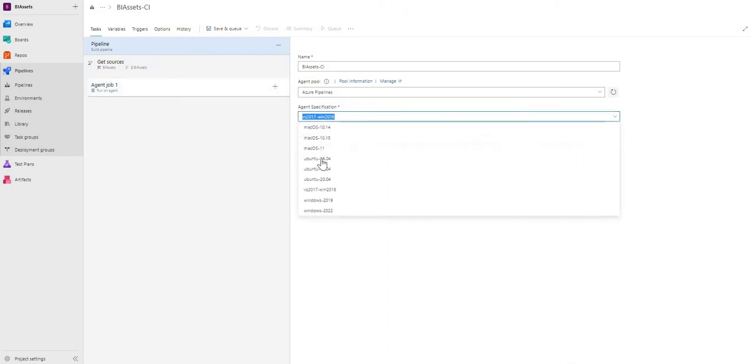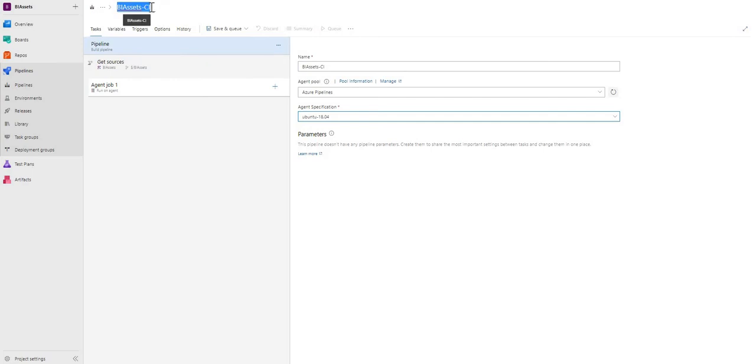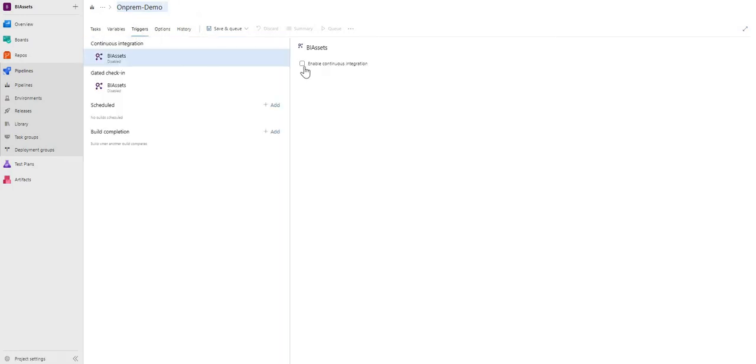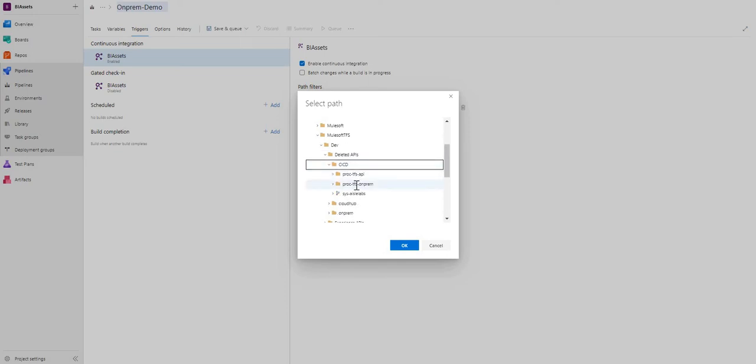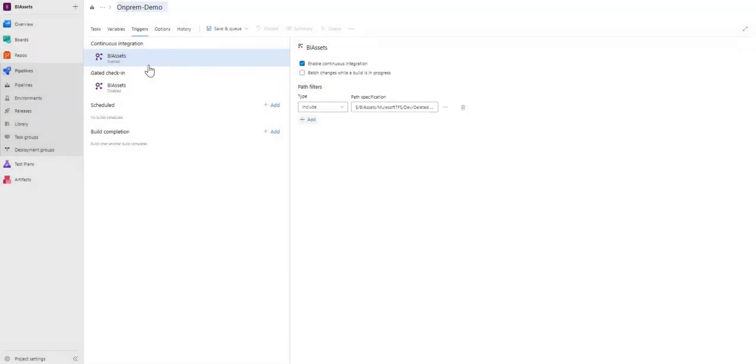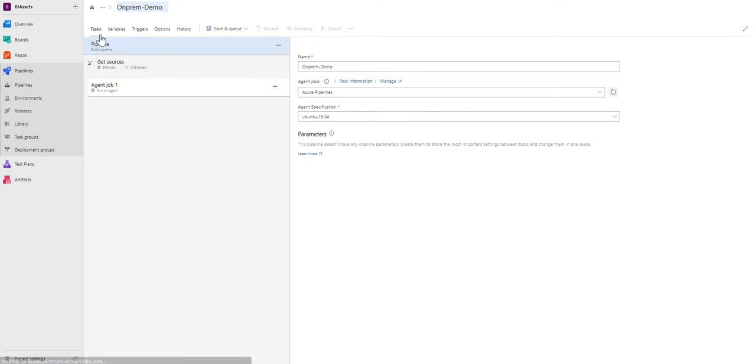Let's specify the agent specification. Give it a name. Let's quickly set the CI trigger. So we are interested only in this API here for it to trigger. Done. Going back to tasks.